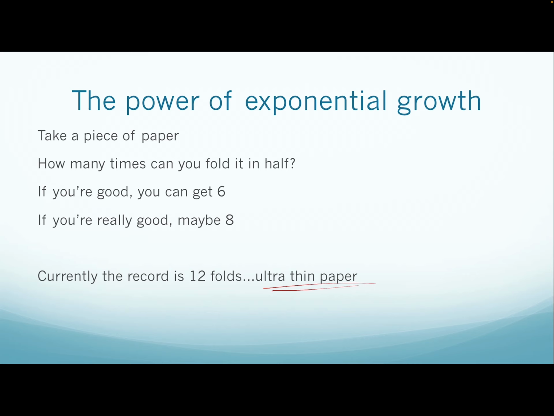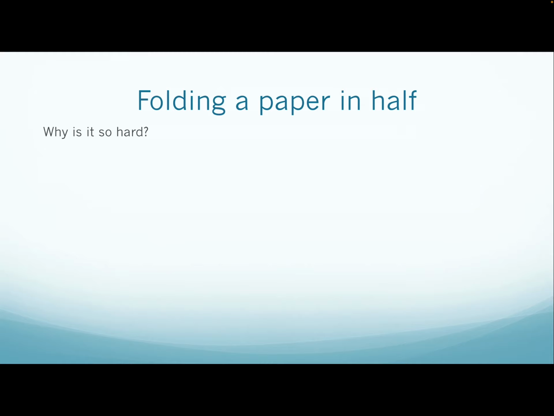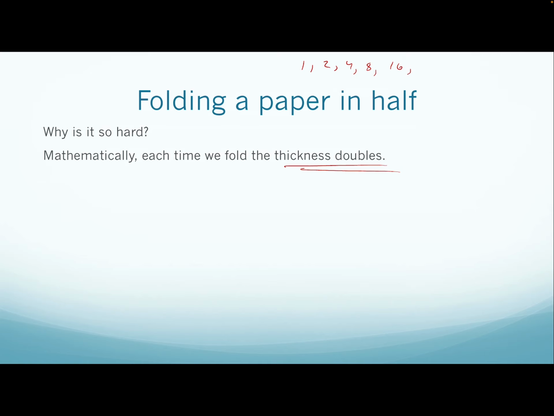To me, it seems impossible because the amount of area that you're folding starts to get really small, and also the thickness really increases. So why is it so hard? Well, each time we fold it, the thickness actually doubles. And we kind of saw in the last activity that when you double something, it grows really quickly. So the number of sheets goes from 1 to 2 to 4 to 8, 16, 32. So that's only 6,